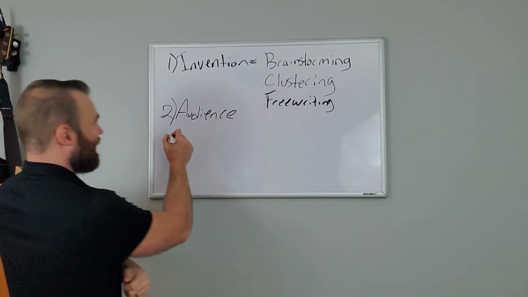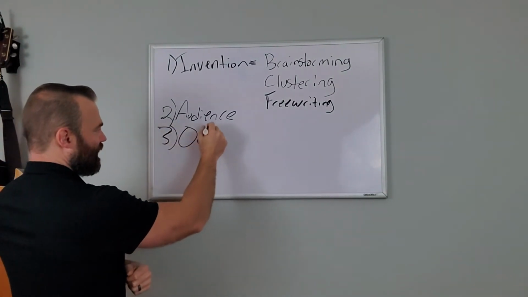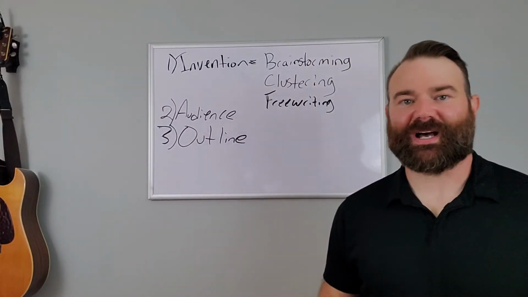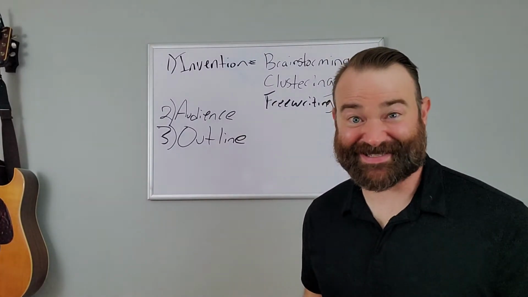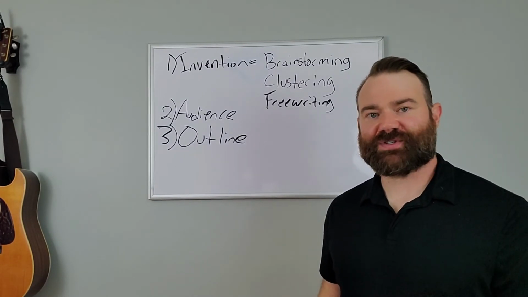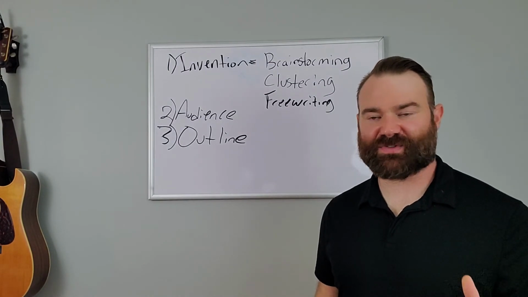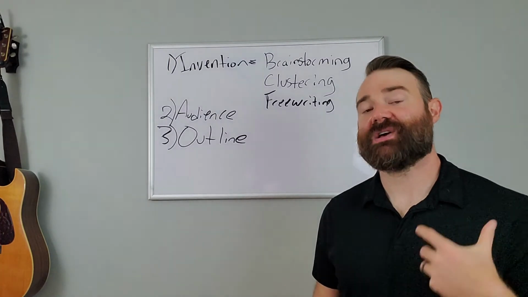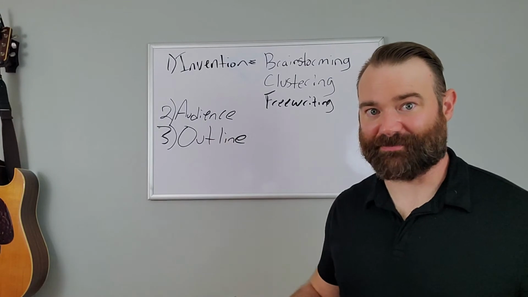The third thing that we want to do in the writing process is we want to outline. Now, if you ask me, outlining is completely useless if you make it useless. And so many students in Comp 1 or Comp 2 will just outline without really trying to look at it as, okay, this is me organizing my ideas so that whenever I write this thing, it's not going to come out like a jumbled bottle of mush.